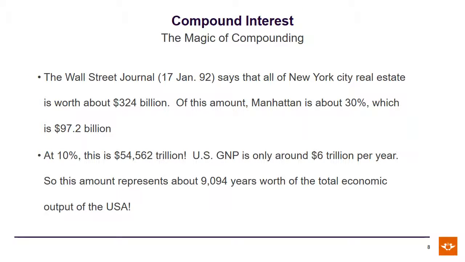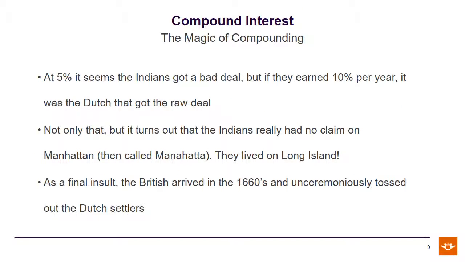So if the Indians generated 10% and earned the $54.5 trillion, looking at the US GNP, which is $6 trillion per year, this amounts to 9,094 years worth of the total economic output of the USA. So at 5% per annum, the Indians got a bad deal. But if the return was 10% per annum, apparently the Dutch would have been the ones getting the raw end